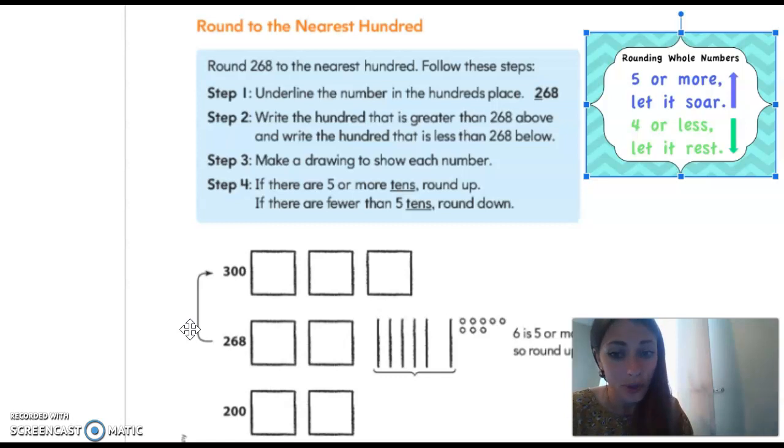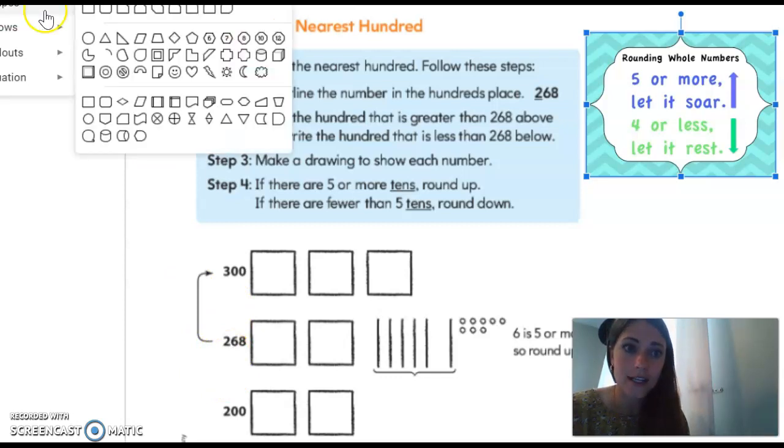If there are fewer or less than 5 tens, round down. So this time, and when you were rounding to the nearest 10, you were looking at the ones place value to see if you need to round up or round down. Okay, this time it's saying if there are 5 or more tens. Okay, so you need to pay attention to the tens place value, and you're ignoring the digit that is in the ones place value. So for example, on 268, I'm only paying attention to the number that is in the